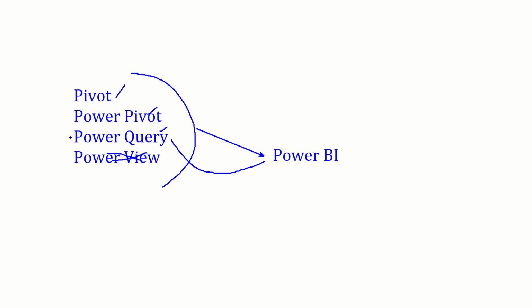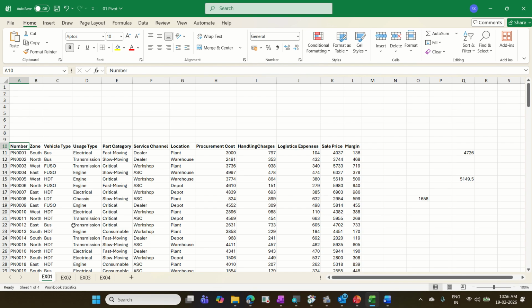Okay, right. Now, before creating a report, there are three important conditions you have to understand. Condition number one: no merged cells. You should not have any merged cells inside the table. Condition number two,